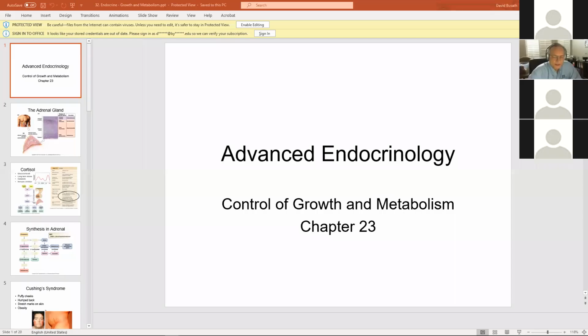Sugars, amino acids, fats. And today we'll hammer home a little bit by thinking about growth and metabolism, the regulation of metabolism by thyroid hormone, and also